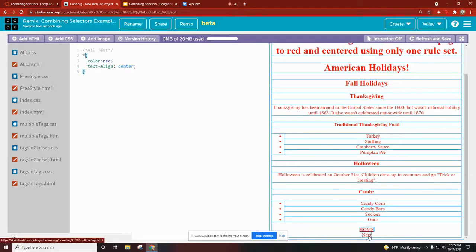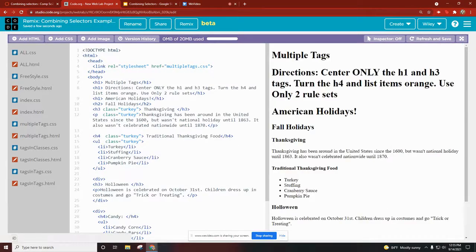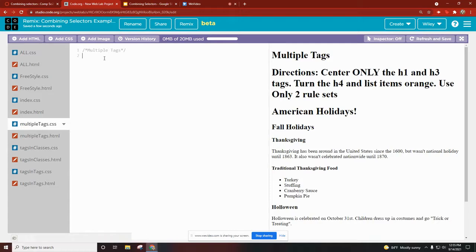Let's go to the next one. This one we're going to use multiple tags. So we want to center only the H1 and H3 tags. And then we want to turn the H4 and the list items orange by only using 2 rule sets. Let's make sure we're on the right CSS page, multiple tags.css. And when we're using multiple tags, we want to separate them by commas. So we're going H1, comma, H3, curly brace,